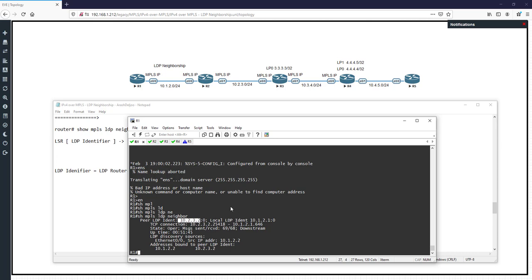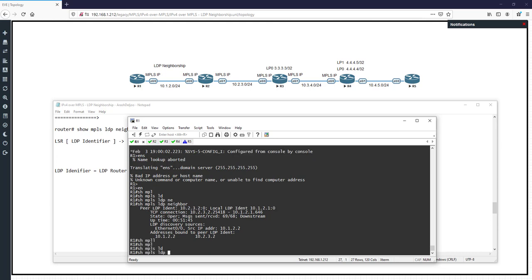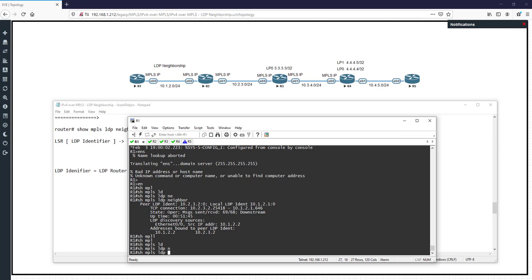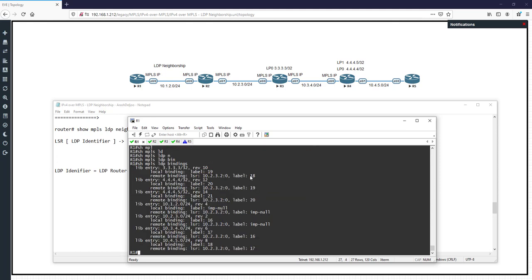Okay, and also if you check show mpls ldp bindings, that is the LIB table, you can also see this LDP ID. Local binding is label 19, for example, 3.3.3.3. Remote binding